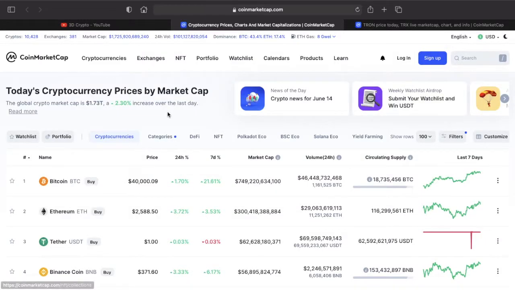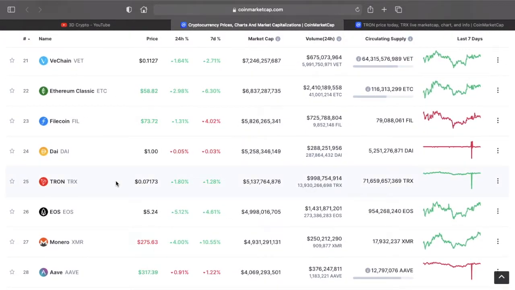So if we have a quick look at CoinMarketCap and look at cryptocurrency in general, all the markets are recovering from that flash crash we had a few weeks ago. If you scroll down to position number 25 on CoinMarketCap, there you can see the Tron token. It's currently just trading at over 7 cents per Tron, and the market cap fluctuates all the time. So you can probably see Tron anywhere between the 25th ranking all the way up to the 15th, sometimes even the 12th number ranked on CoinMarketCap, and that's purely down to just the fluctuations you get in cryptocurrency and the